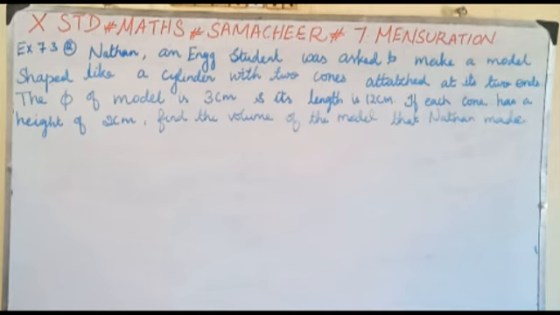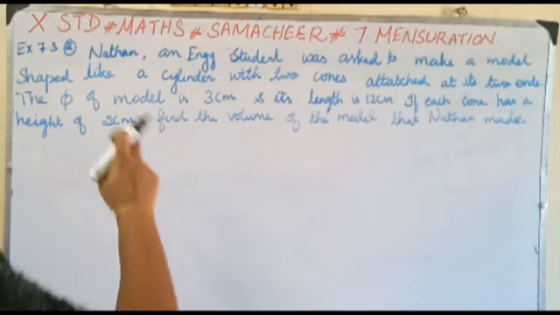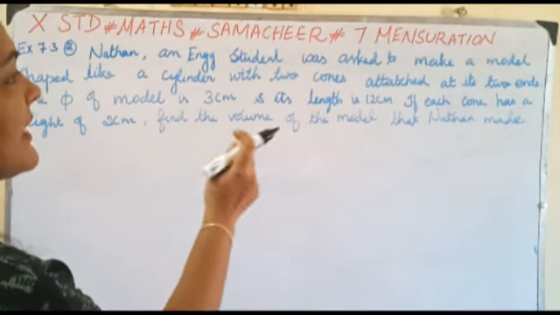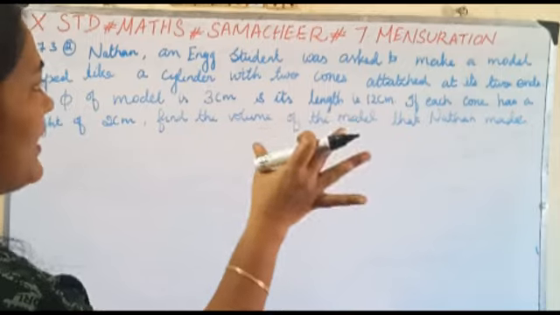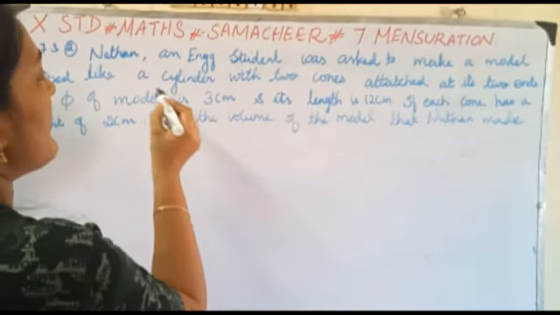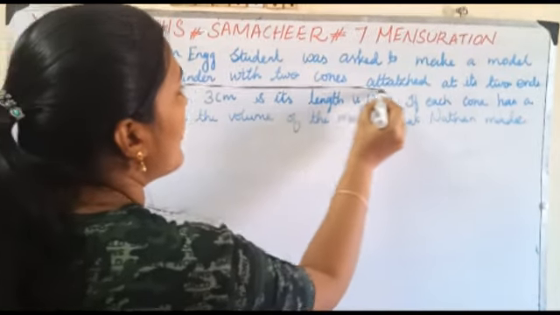The diameter of the model is 3 centimeters and its length is 12 centimeters. If each cone has a height of 2 centimeters, find the volume of the model that Nathan made. Nathan is a student. He is asked to make a model in the shape of a cylinder with two cones attached